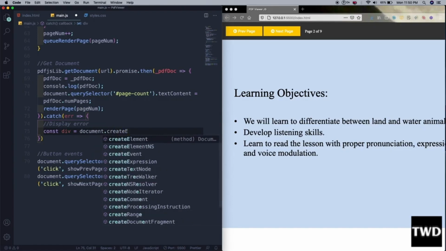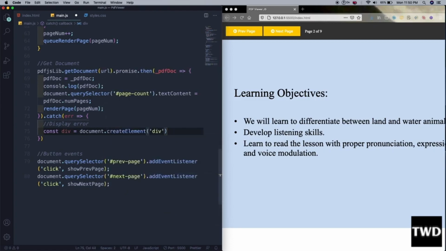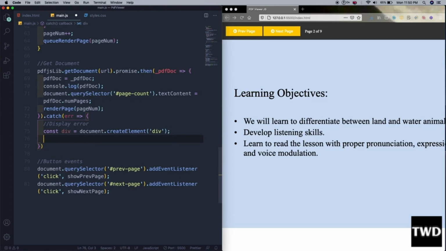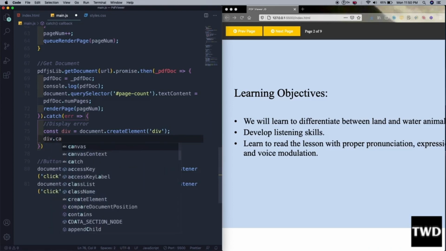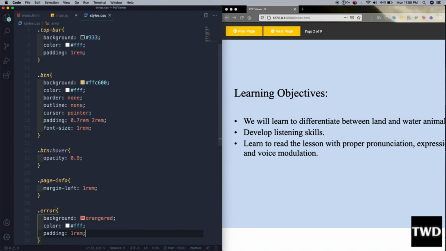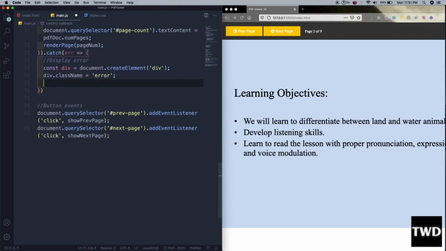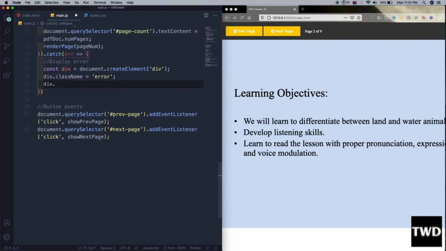As you know, we can create a div or any HTML element through JavaScript like this. Div dot className equal to error. So we are giving the class name, this class name which we have just created. Div dot className is error. Div dot appendChild